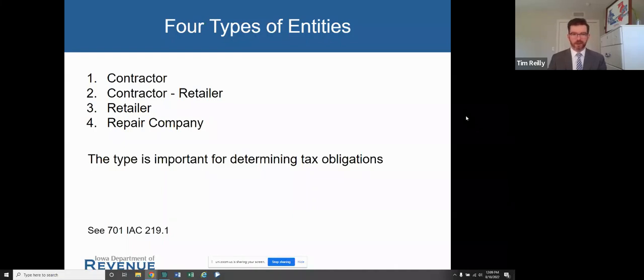The first being a simple contractor, second being a contractor retailer, third being a straight retailer, sometimes referred to as manufacturer contractor or manufacturer retailer, but essentially just a retailer of TPP primarily, potentially other services as well. And then fourth, a repair company, a company that doesn't build new buildings or structures, but just provides repair services.